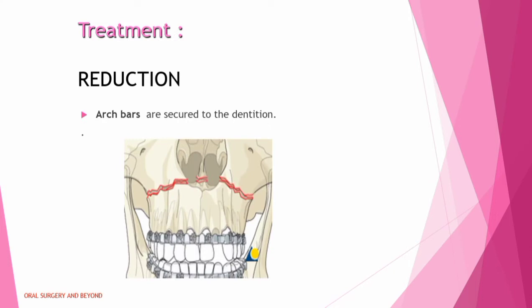Now we come to the treatment part. Our aim in any fracture management is fracture reduction, fixation and immobilization, right? First we go for reduction. Whenever there are occlusal disturbances, as we learned in mandibular fracture management, we have to manage the occlusion. So how do we manage the occlusion? With the help of interdental wiring, arch bar placement or IMF screws. I already covered arch bar placement in my previous videos. If you haven't seen those videos, you can refer to them.